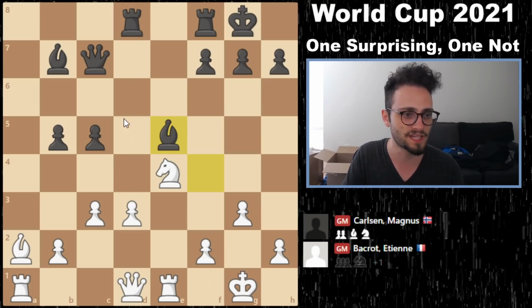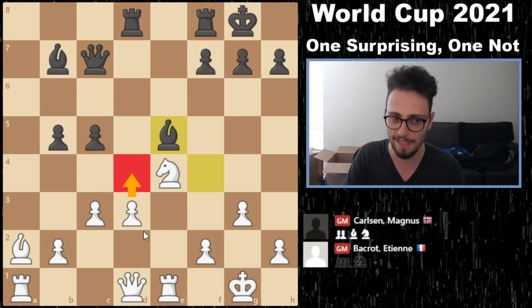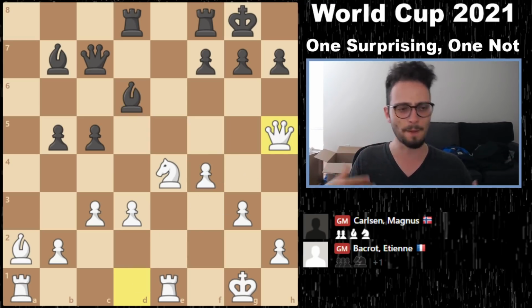And also, Black always has moves like c4, which add more pressure and kill this bishop. Maybe you don't want to allow d4, but it's there. Maybe b4, right? So you have more space, you have open lines. And Bacrot tries to play aggressively with f4, kicking him back and saying, okay, well, I'm up a pawn,